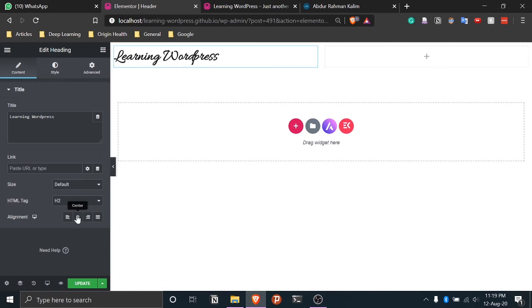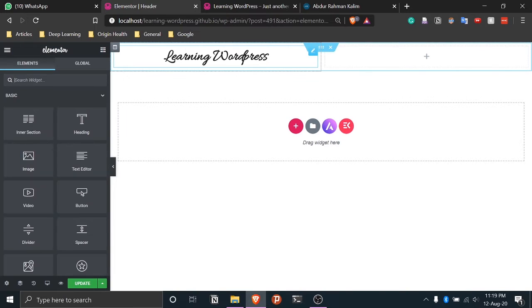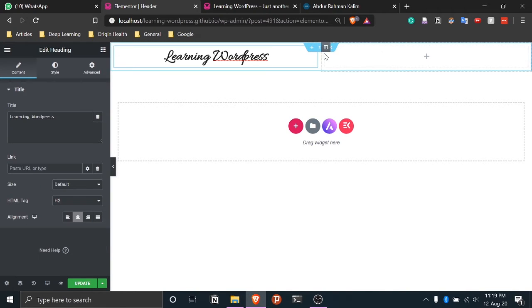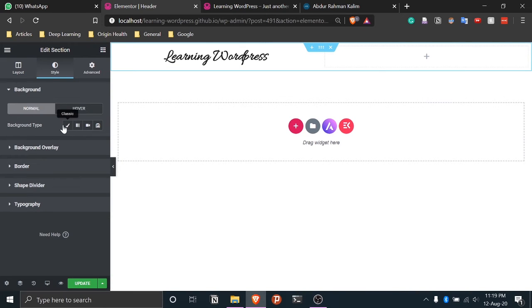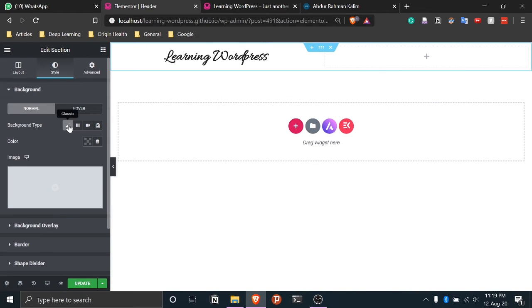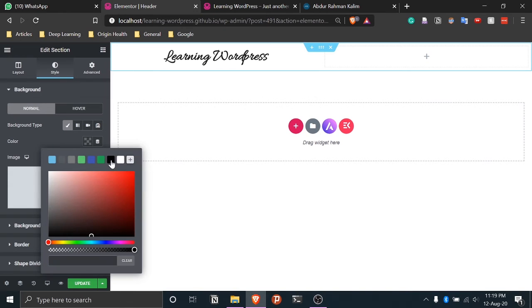Then we'll go to content, and let's say we want this to be here in the center, so we do that, and let's say we want to keep the background black, so we can select this whole thing and then we'll go to style. So I'm actually here selecting the whole section. Then I'll go to style and then to the background type I choose this classic, and then the color we can choose as black.